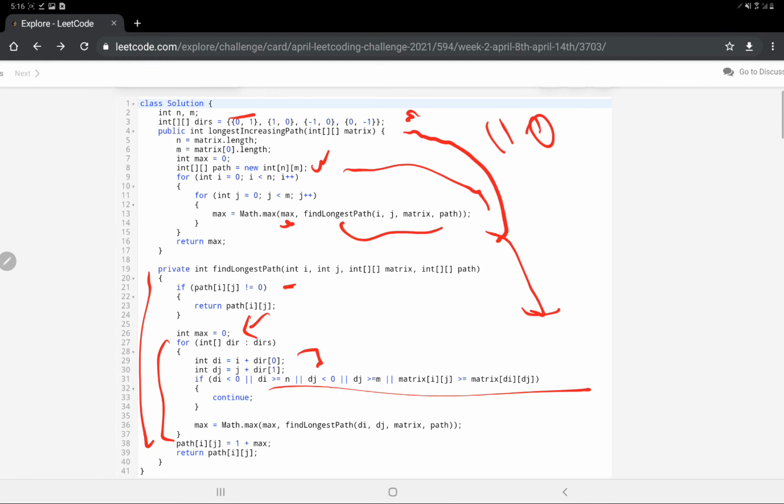If it's not a valid position, in this case it just continues. What I mean by continue is that it will just move to another direction, because we have to traverse in 4 directions, and obviously at some positions some of the directions won't be valid.